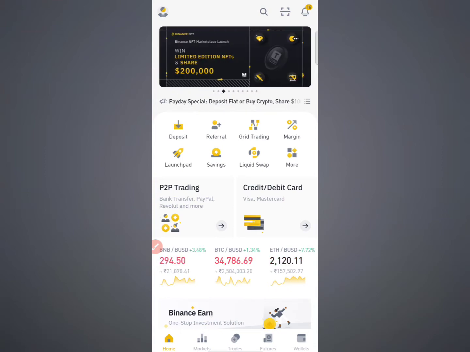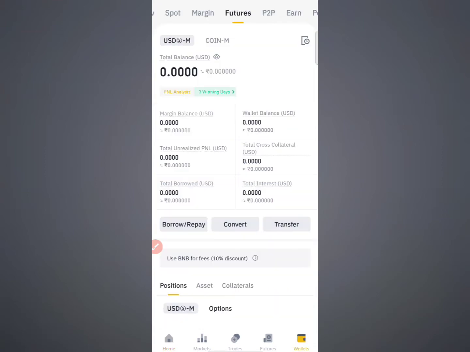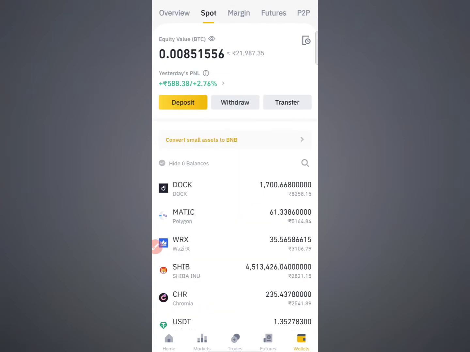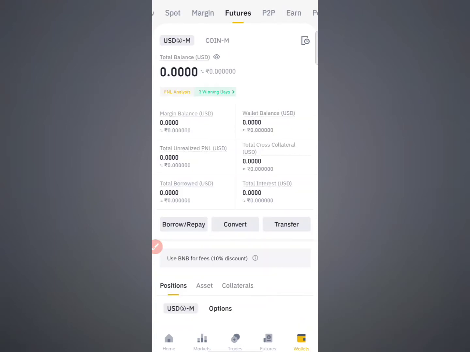So guys, as you can see here, this is the wallet option, so you just need to click on this wallet. In my previous video I also explained that in order to do bot trading you just need a balance in a futures wallet. I also explained how to transfer the balance from spot or P2P to this futures wallet. Once you transfer the amount to this futures wallet, you can set up your bot. I'll explain step by step, so go through it step by step.